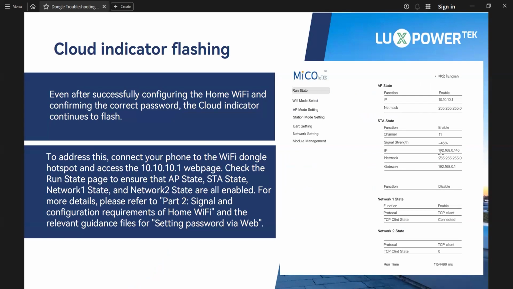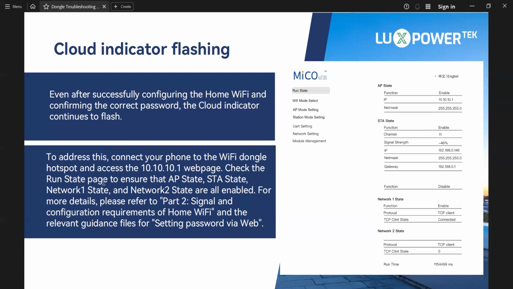Cloud indicator flashing. Even after successfully configuring the home Wi-Fi and confirming the correct password, the cloud indicator continues to flash. To address this, connect your phone to the Wi-Fi dongle hotspot and access the 10.10.10.1 web page.